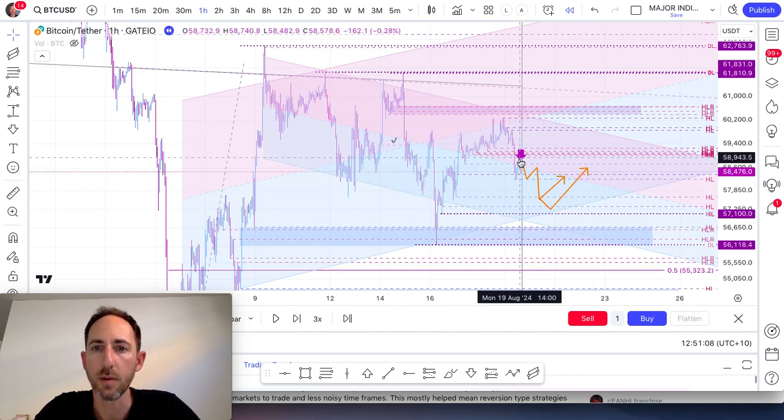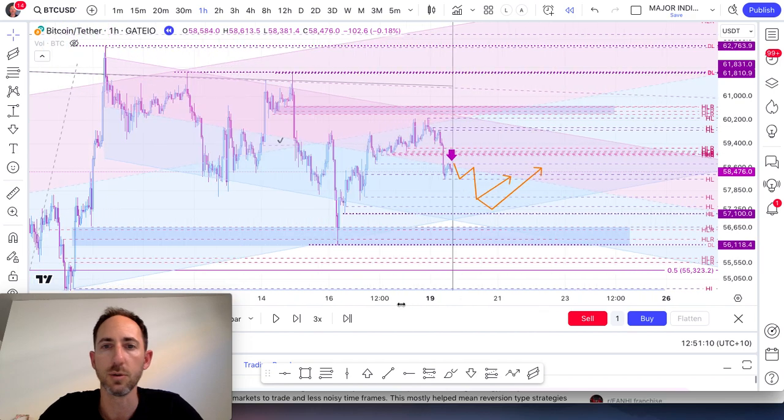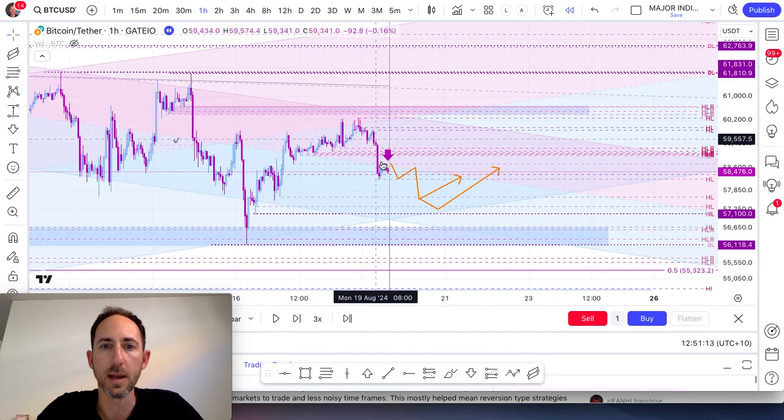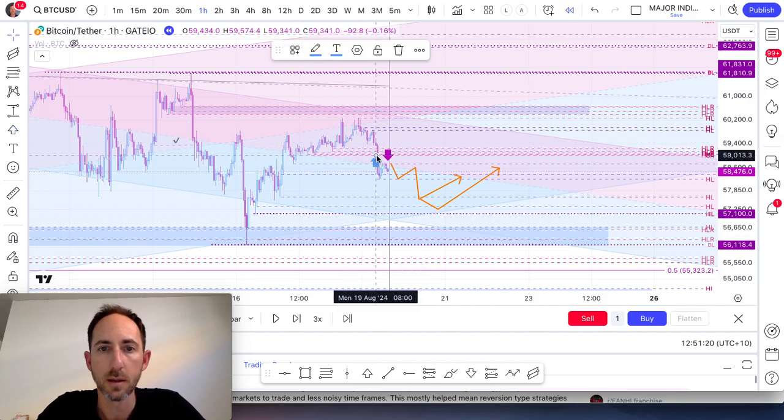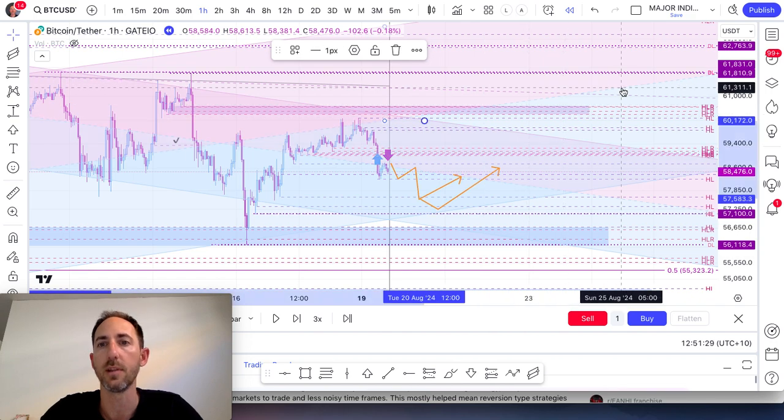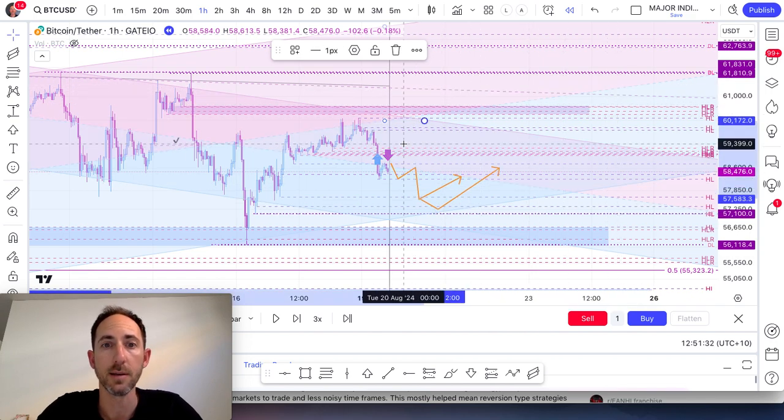Now, where this arrow was, I did have a short in play, but now that I've said that, I also had one small order in here which was set up right in the middle of this liquidity level to see how price would react and come through, knowing full well that we were on this larger bullish trend line. I was aware that we could come a little bit deeper, but I did have a position long here,